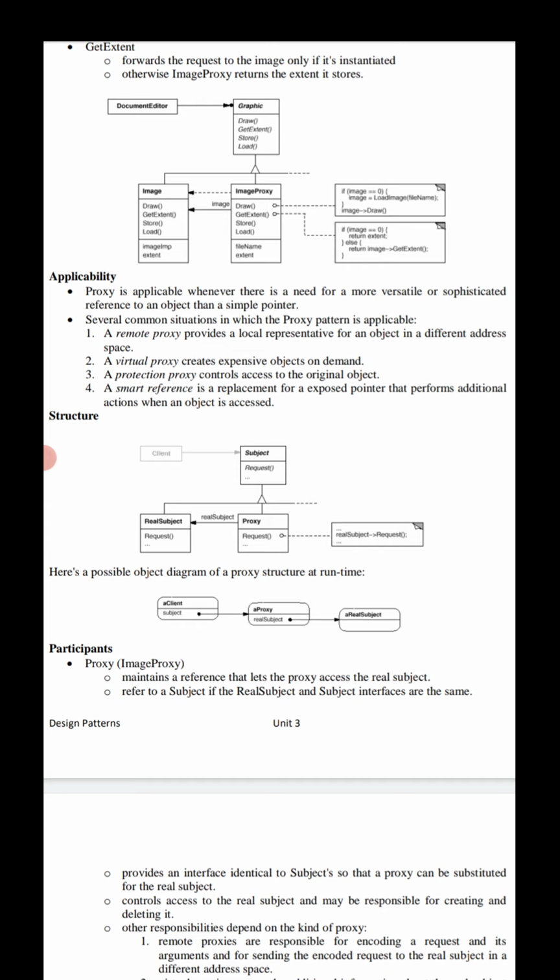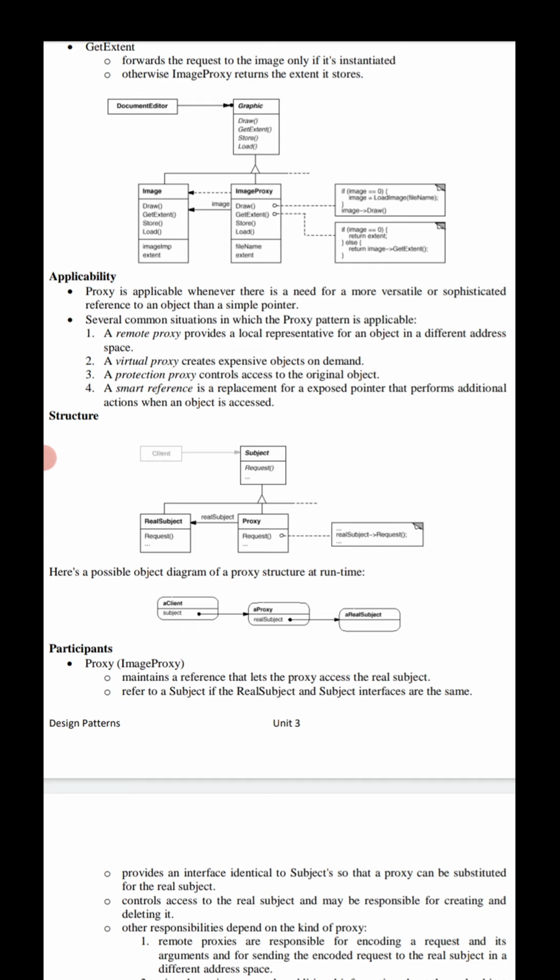Coming to the first, the remote proxy supports a local representative for an object in a different address space. The virtual proxy creates expensive objects, in the sense very costly objects, on demand. The protection proxy controls access to the original object.